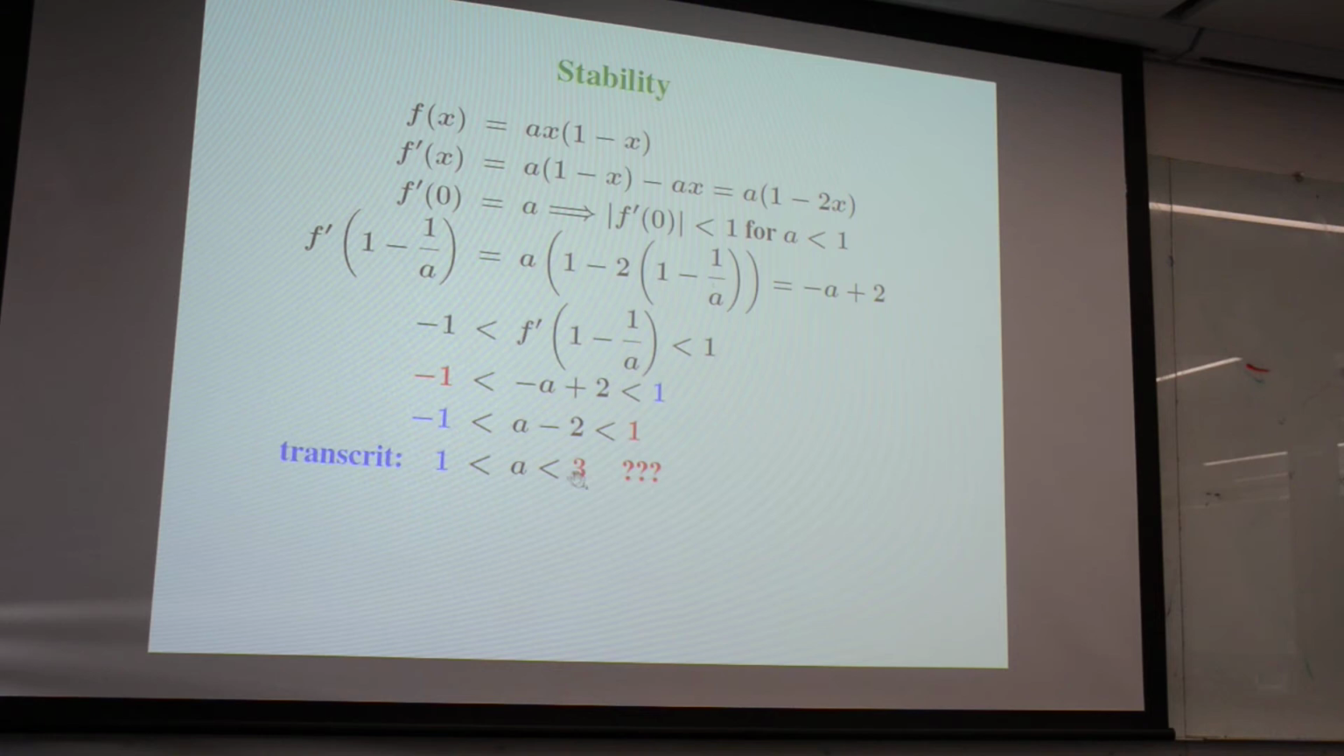But what is this other thing? What is this 3 here that came from the minus 1? That's the one I told you to keep track of. When you're looking for absolute value being less than 1, you also have the minus 1, and you keep track of it. So what is that 3? Well,